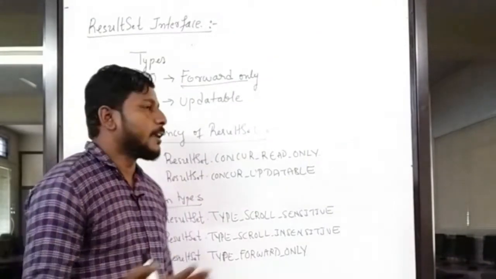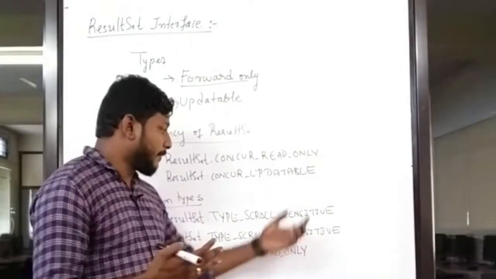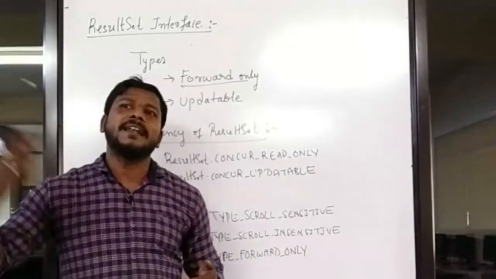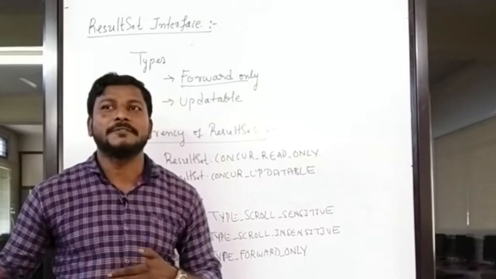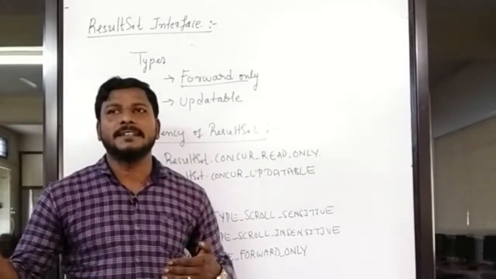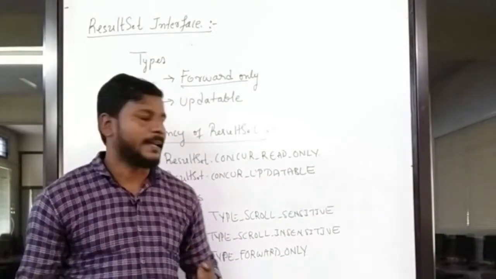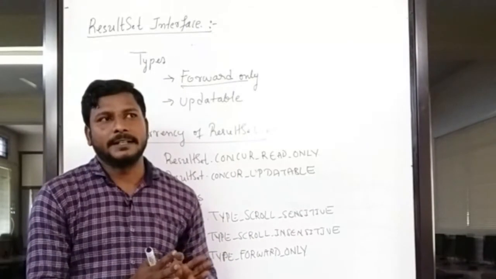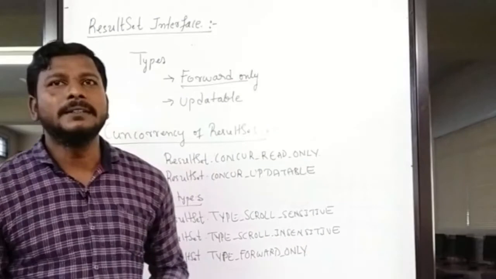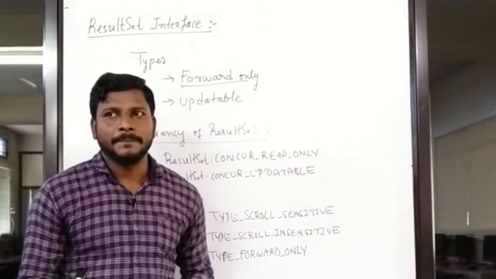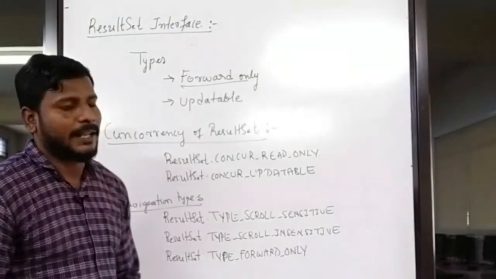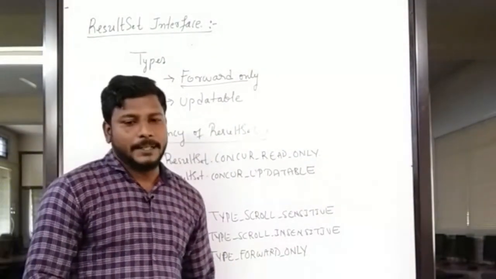Okay, so if you specify sensitive, what happens is that while you are navigating, at the same time n number of users also make updates. If you are navigating to, say, the last record, the remaining members' changes will also be seen, that is, it is sensitive to the different users. If you need an independent result set, then you can use insensitive. It will not be sensitive to the result sets of other users. For that you can specify the type TYPE_SCROLL_INSENSITIVE.